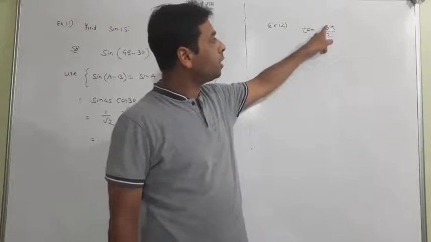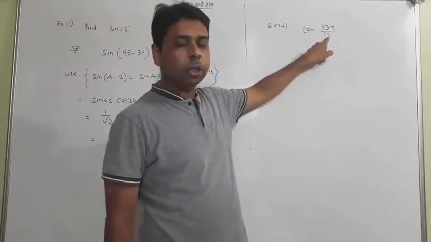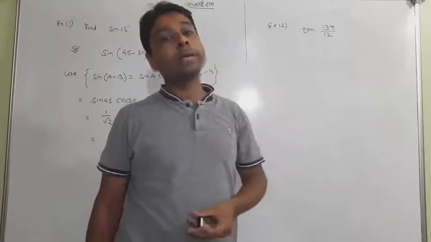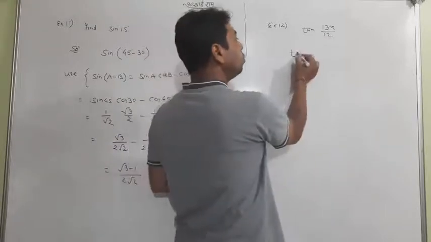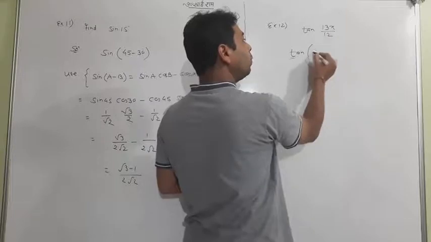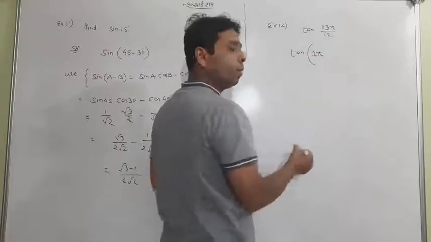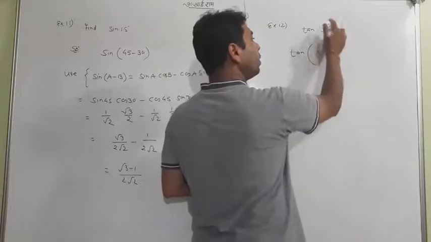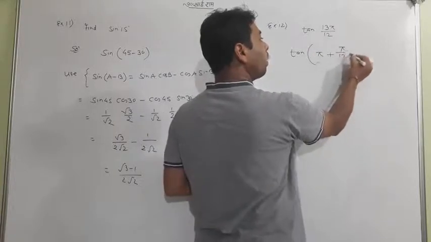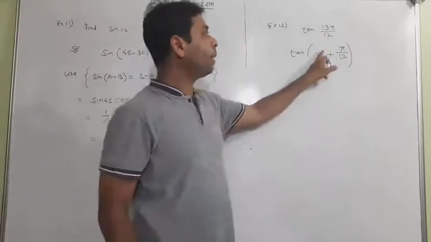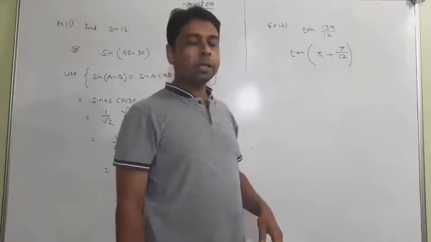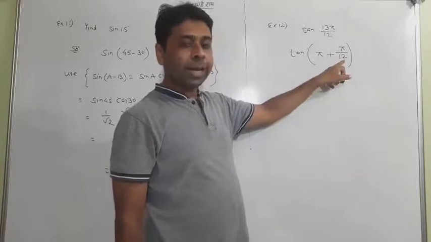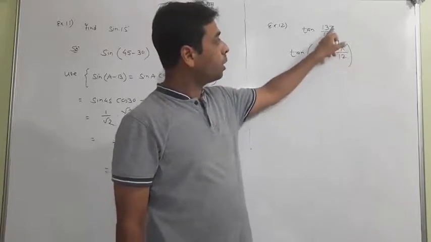When 13 is greater than 12, the numerator is greater than the denominator, you divide them and turn it into a mixed fraction. How to? You know that when you divide 13 by 12, 1 will come. So 1 pi will come. And the remainder is 1, since 12 ones are 12. So 1 pi upon 12. Actually, it is pi plus pi by 12. Can you take an LCM? 12 ones are 12 and 1, 13 pi by 12.